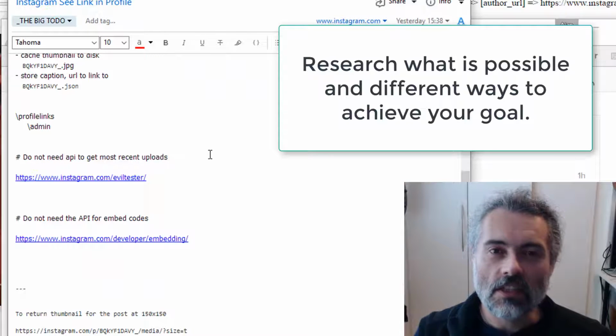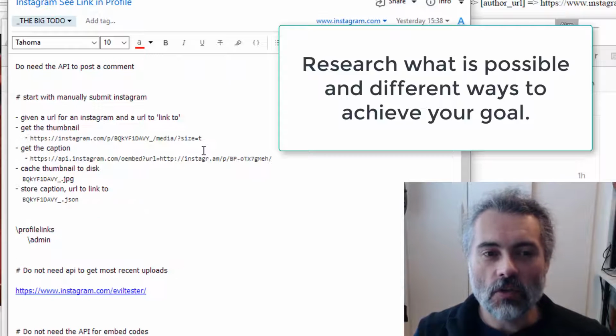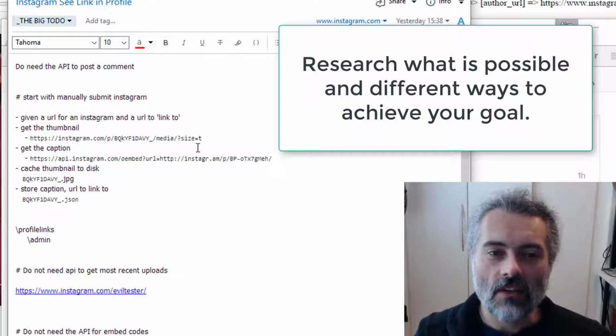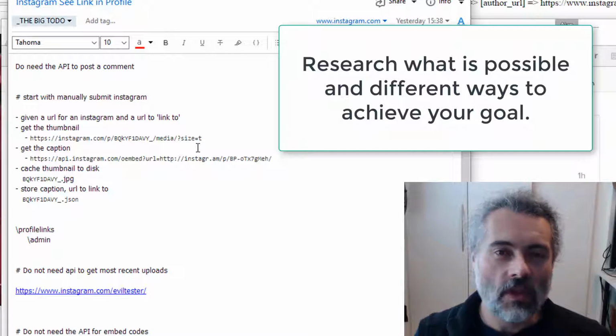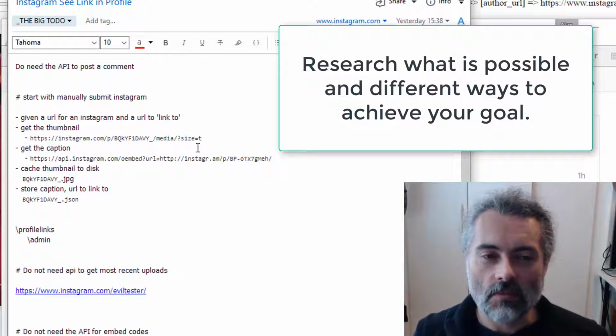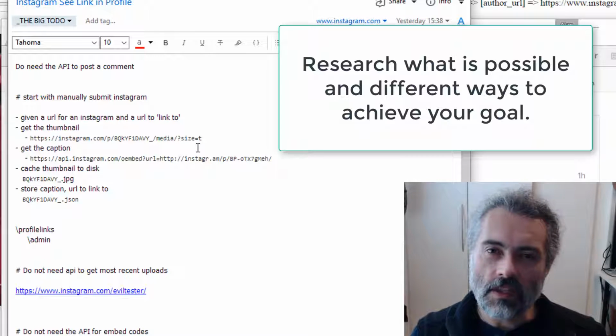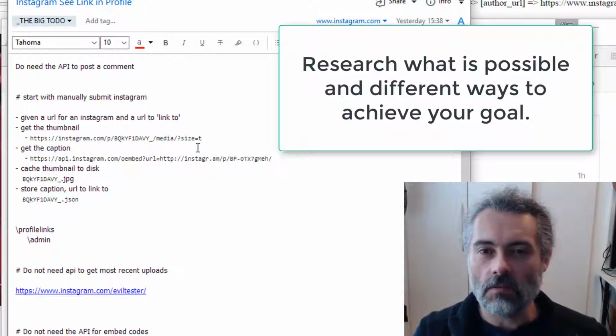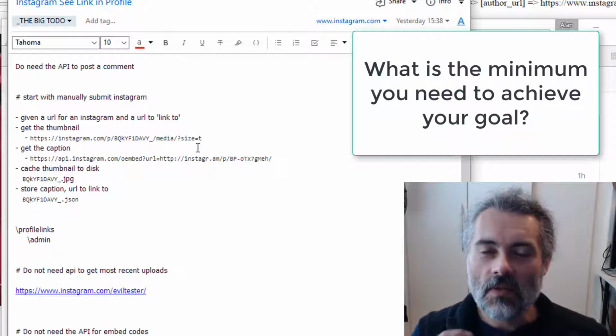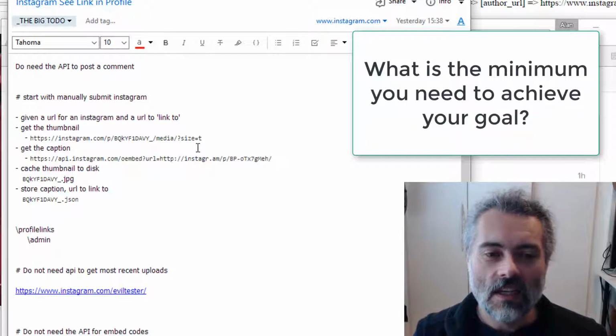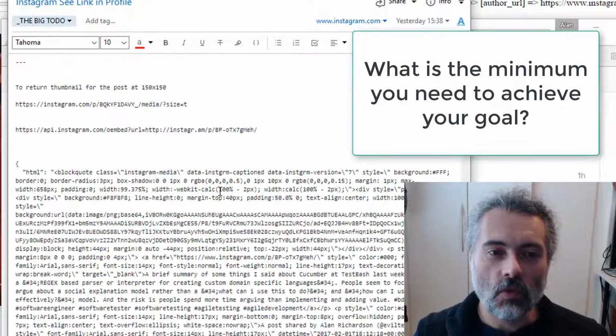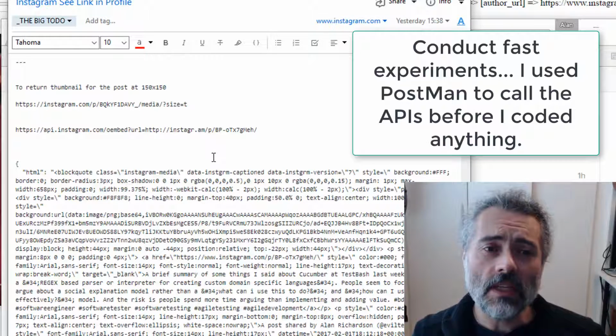And I had a big list of tasks. But I also noticed that with the Instagram API, there are a couple of things that I can do without needing to set up a developer account. If those features could give me enough information to do what I wanted to do here, then I could get something out fast. And what it fundamentally came down to was 2 API calls.